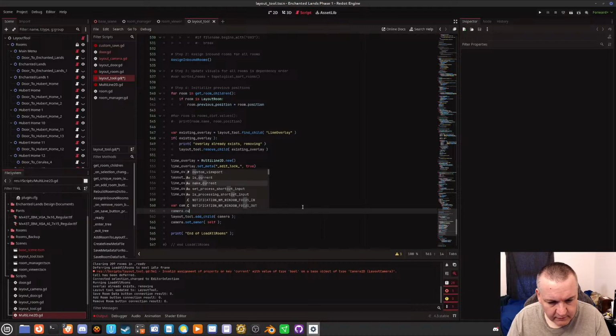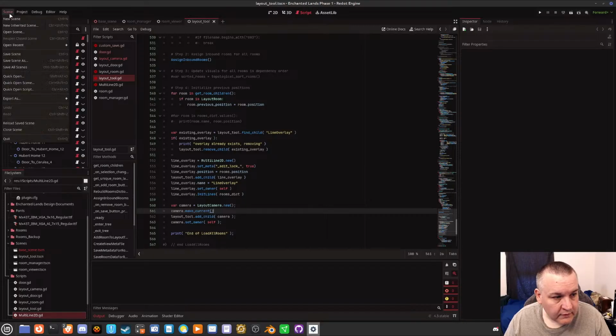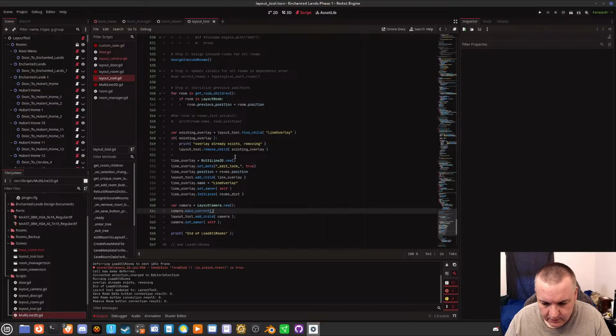Make current. Scene, reload, save scene. Error. What does that mean? Not enabled or not inside tree.